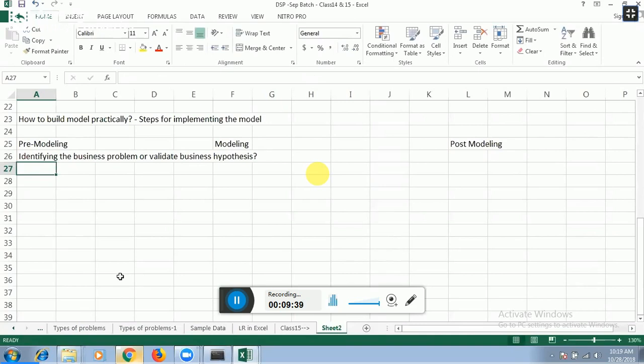Right? For example, a business is telling you that they are running at a loss. If that is the case, you need to identify why the losses are coming. That is the business problem. But they are seeing the trend of churn, the churn of customers. So they have already given the problem, which is nothing but churn, and customers are leaving. If the customers are leaving, is that really true? That is something you need to validate yourself. So in both the cases,